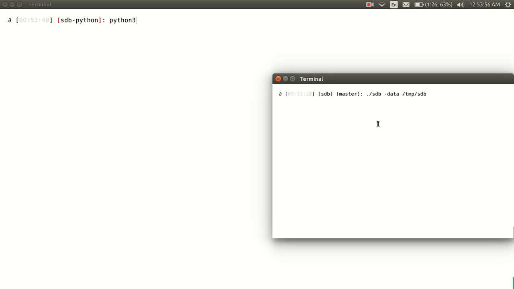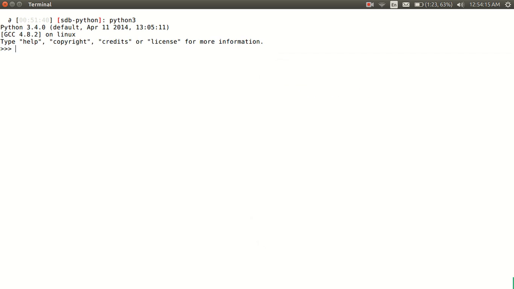So this is a quick demo of SDB, which is a lightweight server front end for a time series storage engine, and SDB Python, which is a basic module to talk to SDB. I'm going to start up a fresh new SDB instance and start up Python, and I'm going to import a couple of modules,